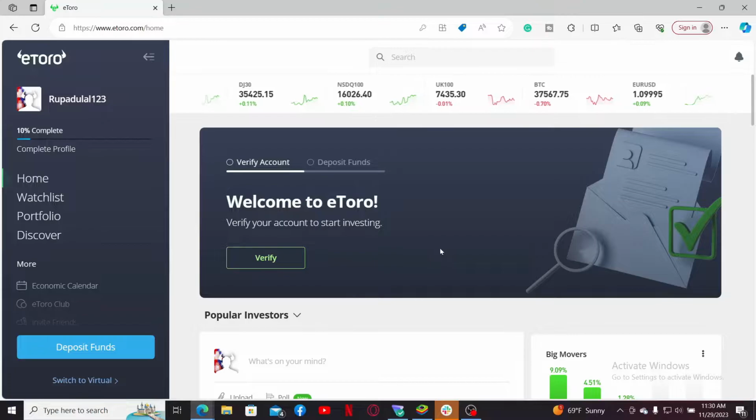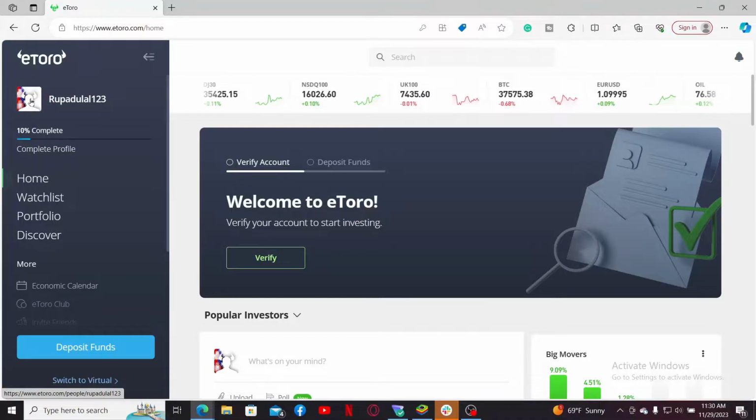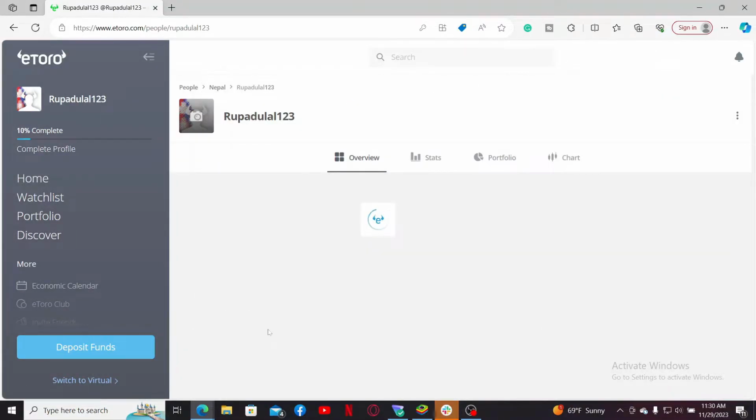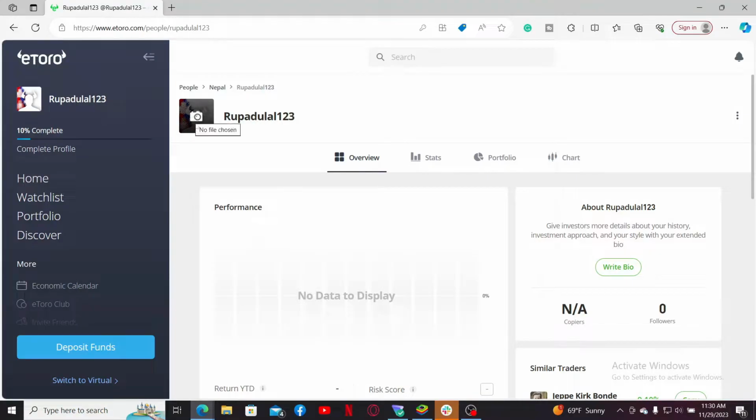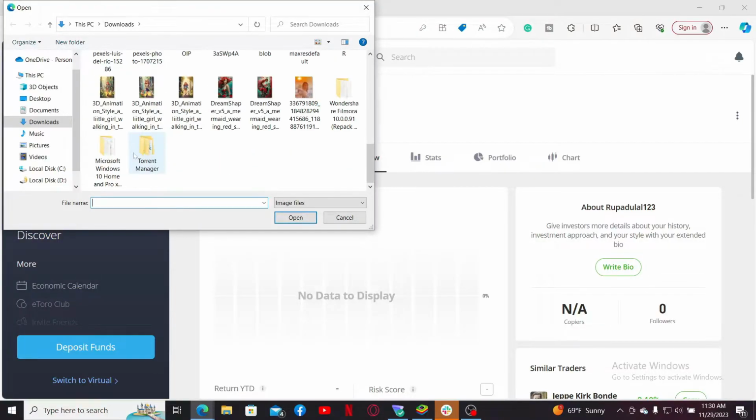If you've not logged into the account already, go ahead and do it first, and once logged in, click on your profile picture at the top left hand corner. Now, soon after you give it a click, you should be able to see your profile picture along with your username. Click on the camera icon right above the profile picture and select one of the pictures you'd like to